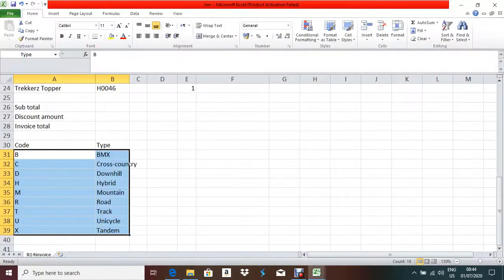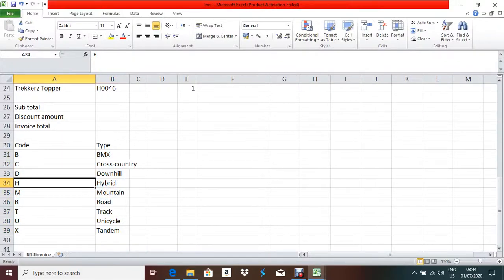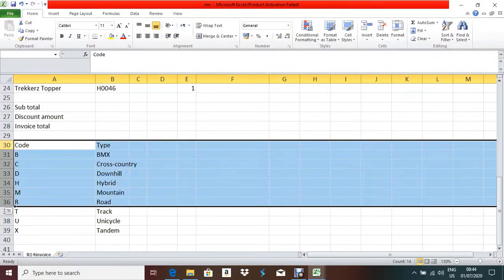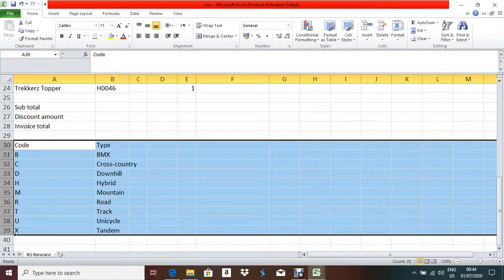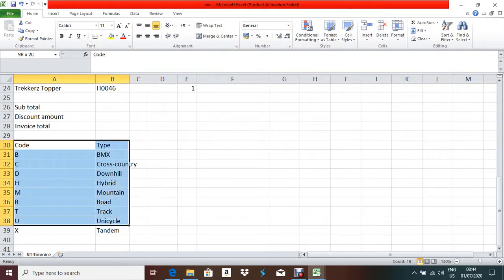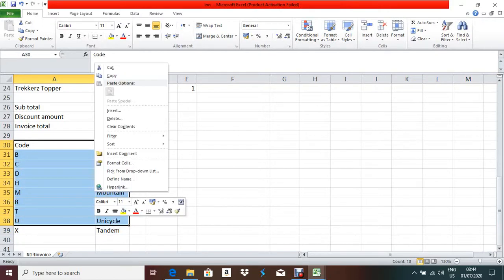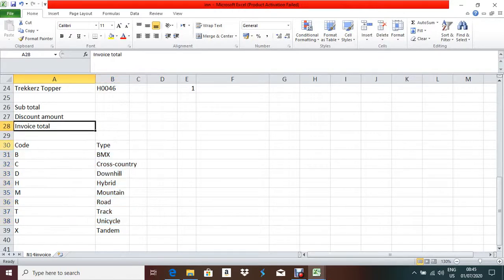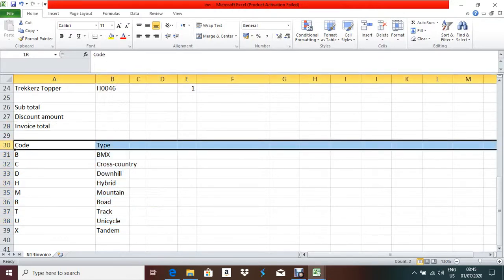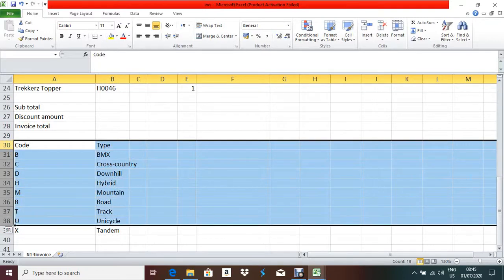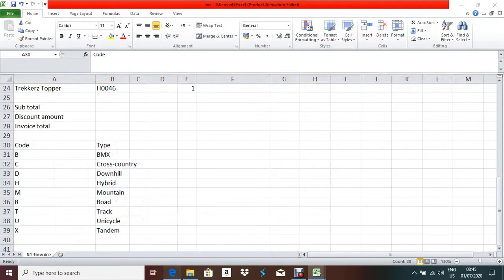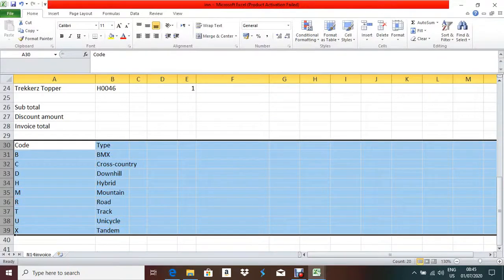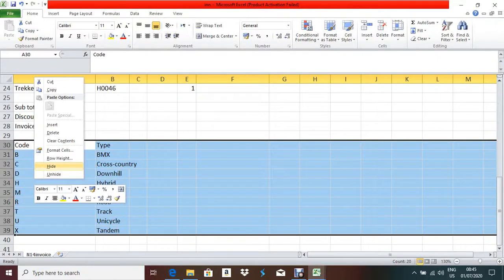Okay, now next question, hide rows 30 to 39. So they're asking to hide rows 30 to 39. Now how to hide rows? You have to block 30 to 39, the whole thing. Some students block like this way and try to hide. You will not get any hide option. Did you see that? No hide option is given. If you right click, you will not get any hide option because your rows are not selected properly. So you have to select the rows from over the row numbers. Like this, 30 to 39, right? They're asking for rows 30 to 39. Then you right click here and see, the hide option is visible.